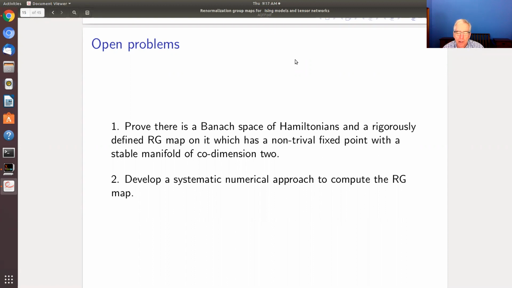And what I mean by that is basically a code, an algorithm, which has a truncation parameter or maybe several truncation parameters. And so as you vary those parameters and remove the truncation, you would see that the coefficients you're computing for the Hamiltonian converge very nicely. And you have real control on the truncations there, so to speak. So I can do that for this first step where you start with the nearest neighbor Hamiltonian, but I certainly don't know how to do this if you want to iterate the